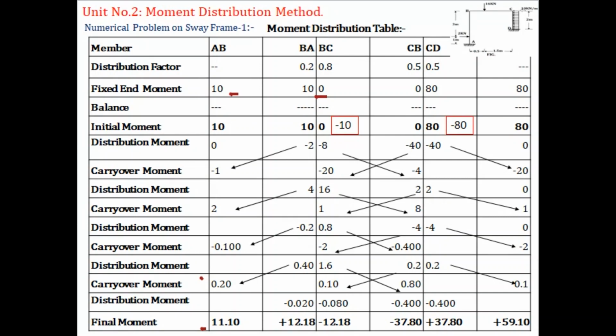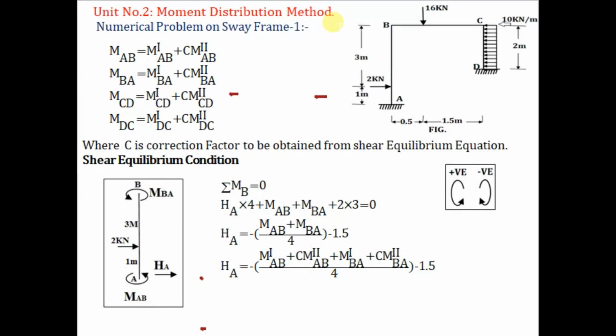Next part, or third part, of the problem. Now find out the end moment. Let's say MAB is equal to M1AB plus C M2AB. Now what is this MAB first and